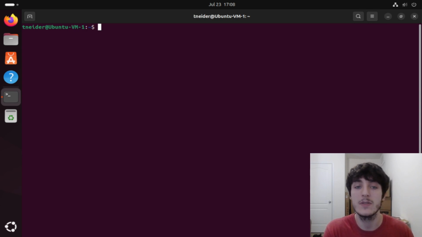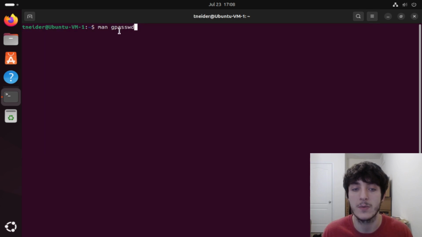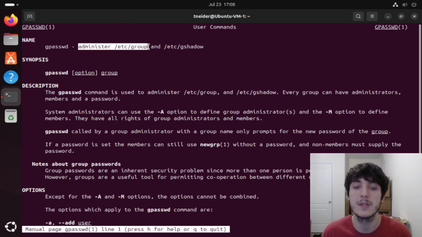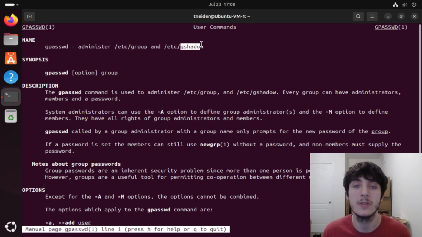So let's use the manual on that command so we can learn more about it. This is how it would be typed here. Not full password, just gpasswd. Now let's hit enter. As you can see, this lets you administer groups, and gshadow is similar to the shadow